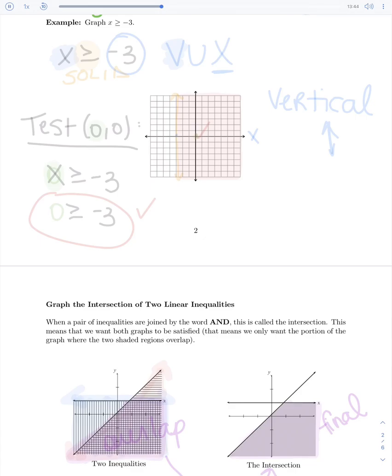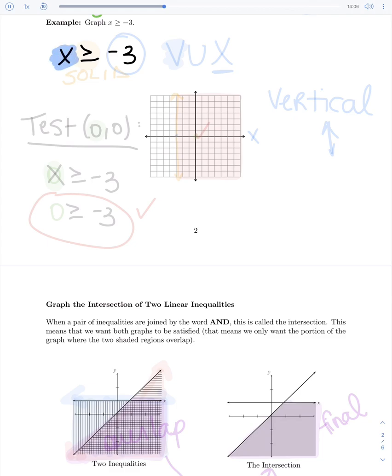Let's look at one more case that's actually kind of special. This next one is x is greater than or equal to -3. Just like we did in previous sections, if we only have an x or we only have a y, we have one of our special cases. Well, if we've only got the x,